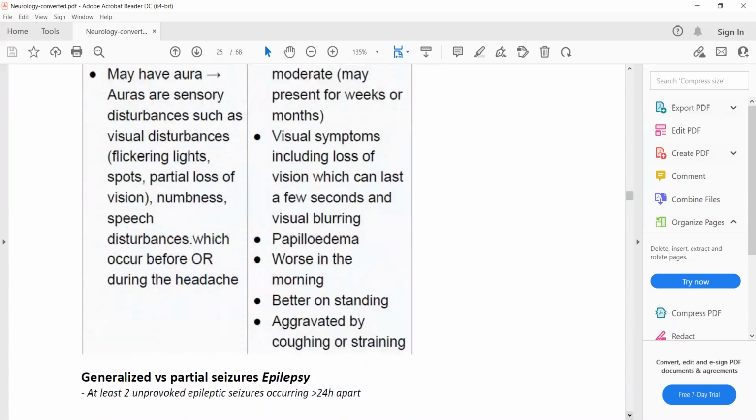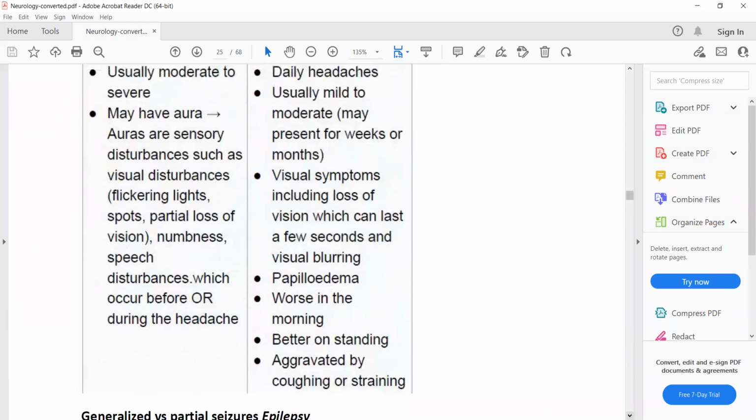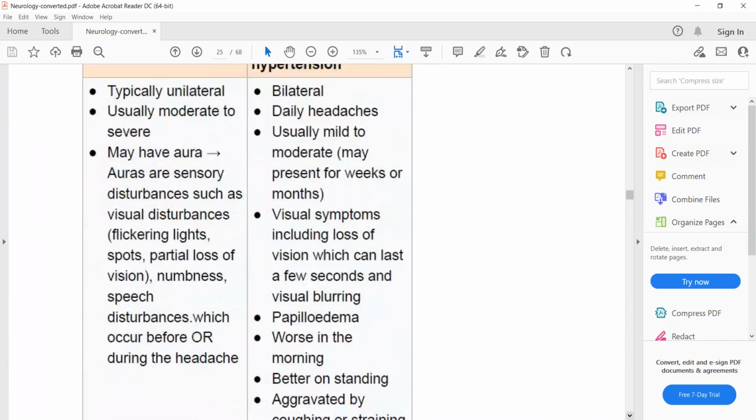How is this shunt put in intracranial hypertension? As I told you, the patient may experience these symptoms due to increased CSF pressure. So to decrease CSF pressure, a shunt is placed between the brain and the peritoneal cavity. A tube is usually placed that connects these two cavities, and CSF is drained into the peritoneal cavity. That is known as a ventriculoperitoneal shunt or VP shunt. Okay, thank you.